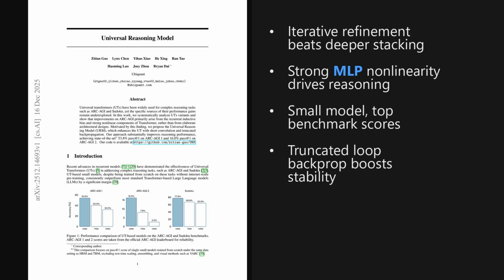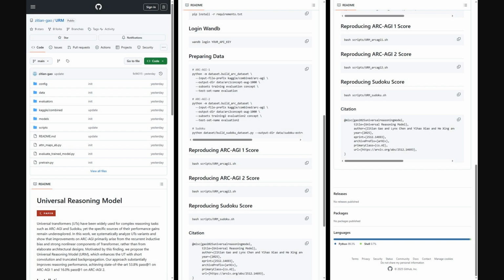Okay, and as we will see later, the interesting part is how much of the gain comes from simple iterative refinement rather than fancy architecture. Also, the authors shared a GitHub repo for Universal Reasoning Model. You will find the training and evaluation code, configs, and model components, plus dataset builders for ARC-AGI 1 and 2, and Sudoku. The README walks through installing requirements, prepping data from the included Kaggle bundle, and running scripts to reproduce